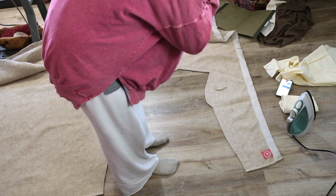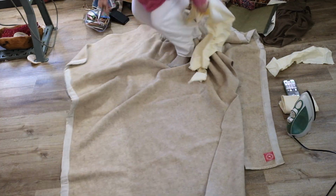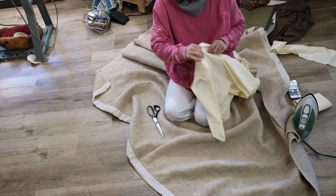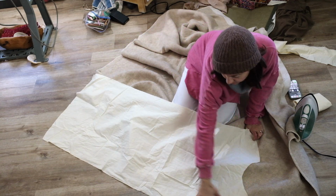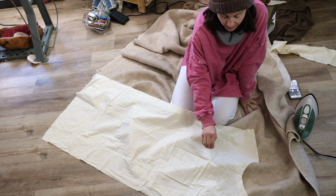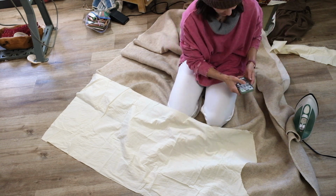Just gonna leave it. And then I'm gonna go to the side pieces. What I wanna do is use this edge somehow. This pretty edge. It kind of reminds me of my baby blanket. It's very soft. And I want to use it for this part of the coat. What I might have to do is trace this out on another cloth and cut from there to kind of pattern for this jacket. I'm going to repattern this really quick and